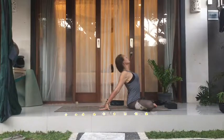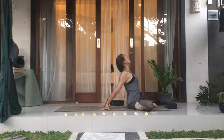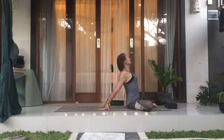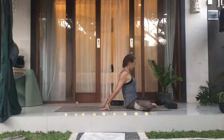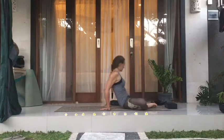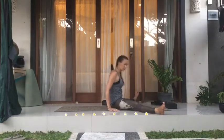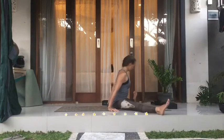Slow breath out. Good, inhale, lift a little higher. Exhale and slowly lower down. Take the feet nice and wide, so as wide as they will go from each other. Maybe you touch someone else's mat, perfect. Maybe you don't. Good. And then tilt your pelvis a little more forward to start with, because that's the direction